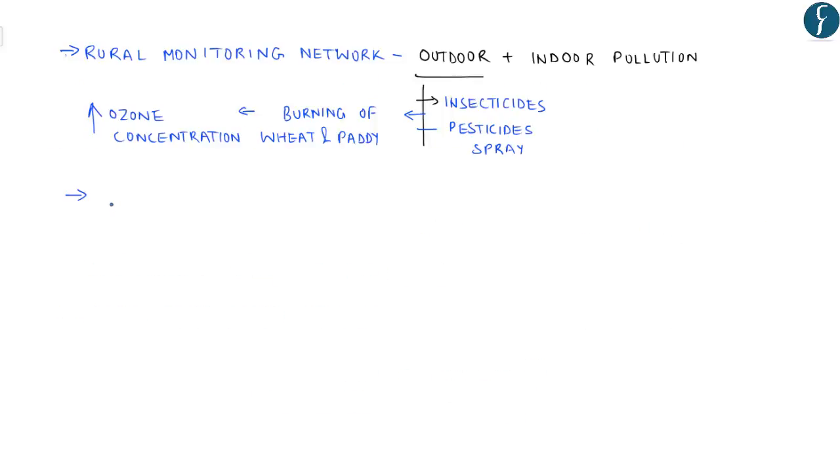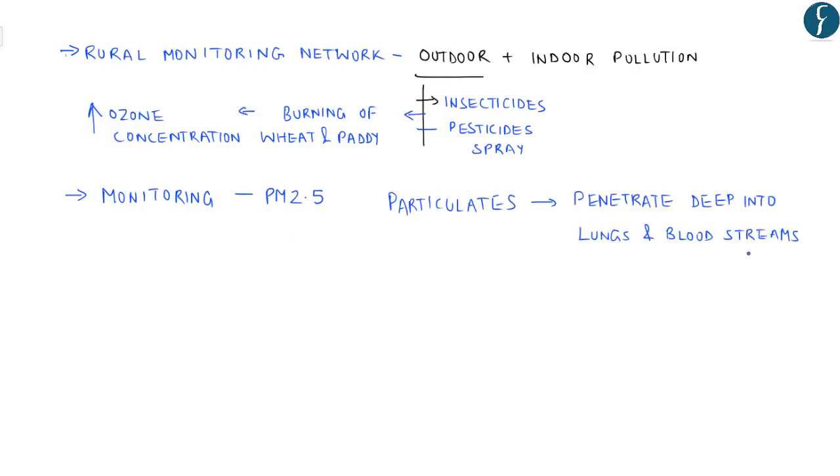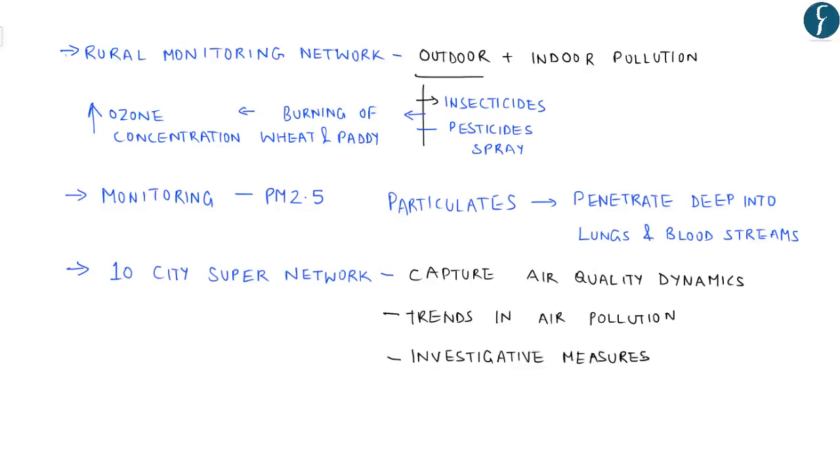areas. Another initiative includes monitoring of PM 2.5 particulate matters. As we know, particulates are the deadliest form of air pollution due to their ability to penetrate deep into lungs and blood streams, causing various health issues. Another initiative includes setting up of 10 city super network. This network may capture overall air quality dynamics of the nation and also impact of interventions, trends in air pollution,